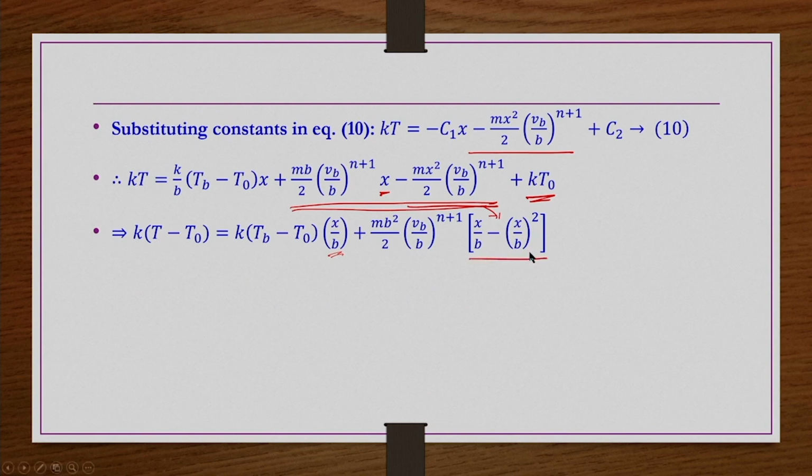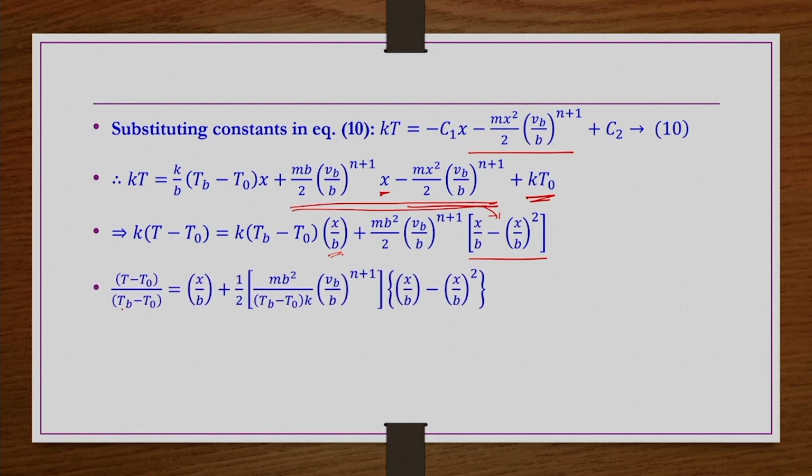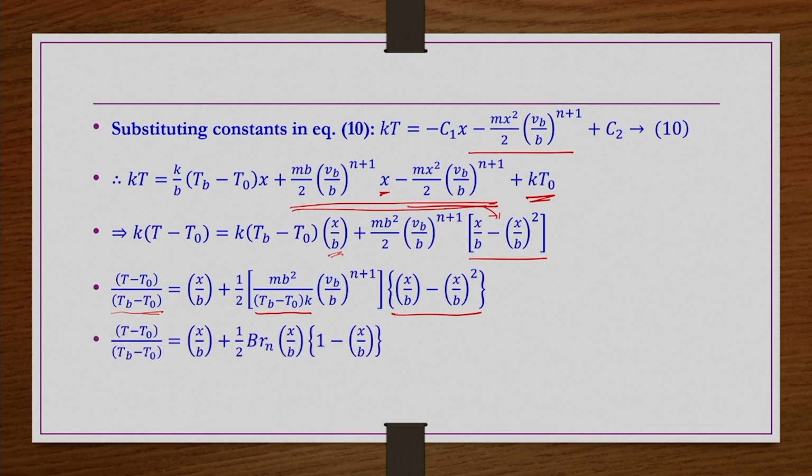So, this is what we are having. In the next step, we divide by Tb minus T naught and k on both sides. So, on the left-hand side we have (T minus T naught) by (Tb minus T naught) is equal to x by b plus 1 by 2 m b square Vb by b whole power n plus 1 as it is, and then dividing by (Tb minus T naught) k, and then multiplied by x by b minus x by b whole square as it is. So, now this equation we can write as T minus T naught by Tb minus T